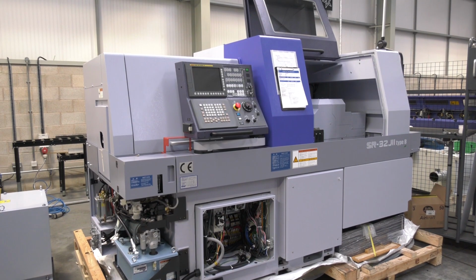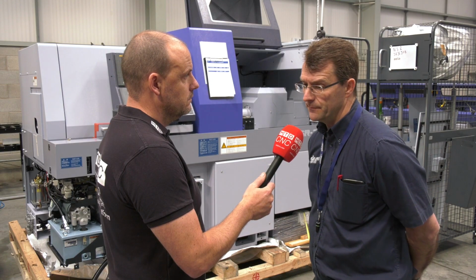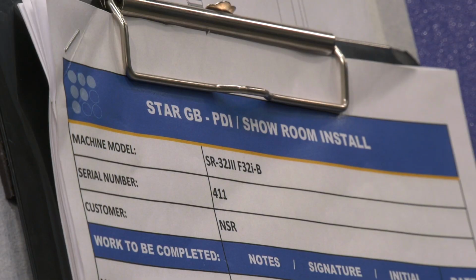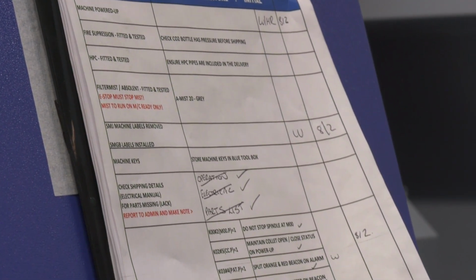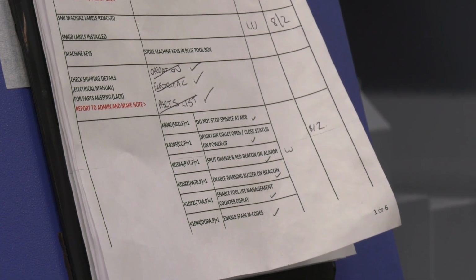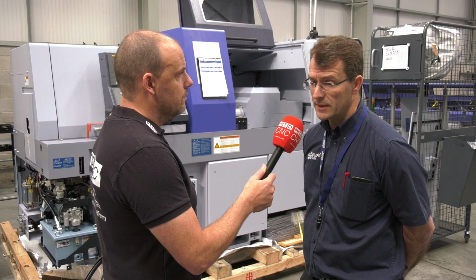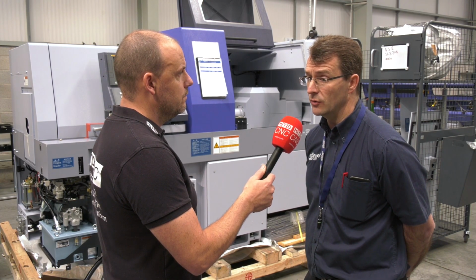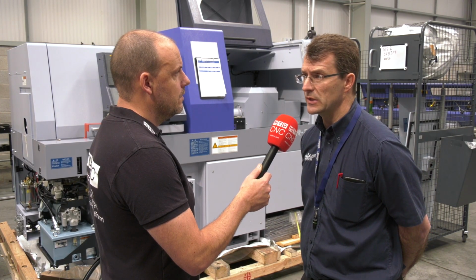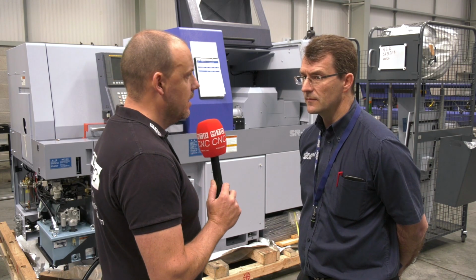How important is PDI in the sale of a machine? It's very important. Traditionally, Star have done PDI checks on any machine that goes out for delivery to a customer. We can spend several days working on the pre-delivery inspection side of it, but we ensure that the fire extinguisher, the HPC, the filter mist, everything's done here to shorten the amount of time it takes to install the machine at the customer. So essentially an extra day or 2 spent here means that the machine's going to hit the deck straight away